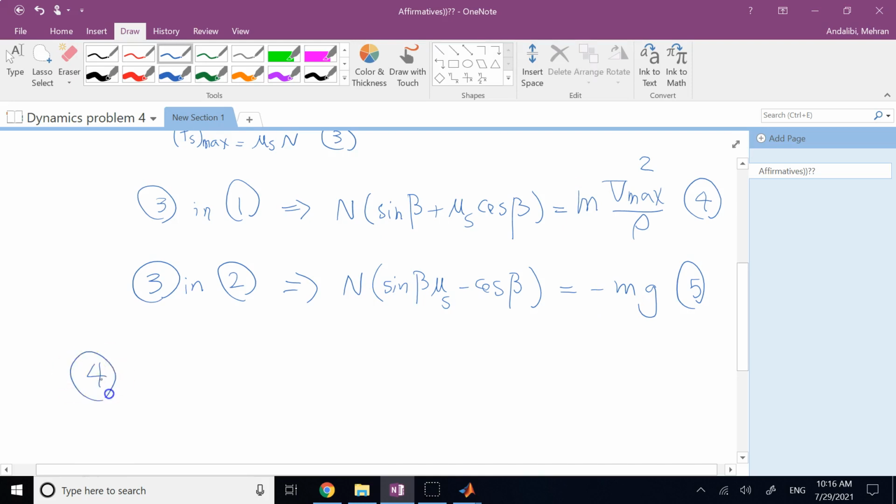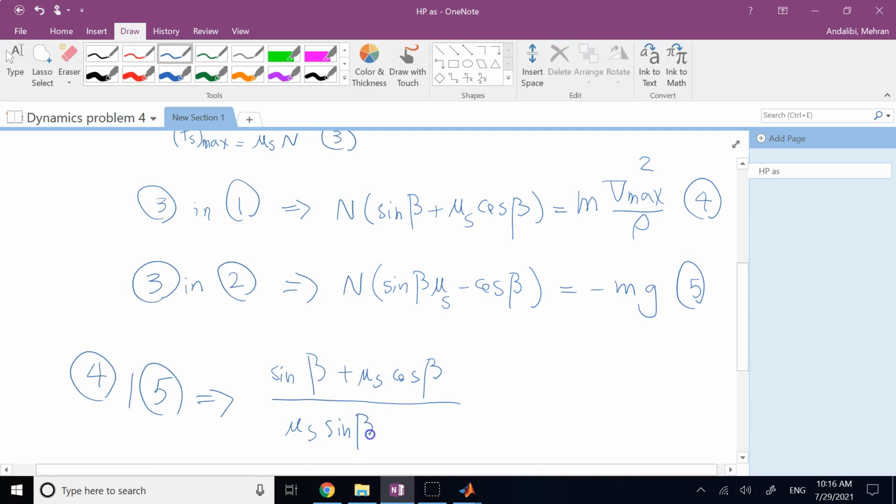So here I'm going to divide 4 by 5, and that will give me this relation, that sine of beta plus mu s times cosine of beta, divided by mu s sine beta minus cosine beta, is going to be negative Vmax squared over rho g. Okay,